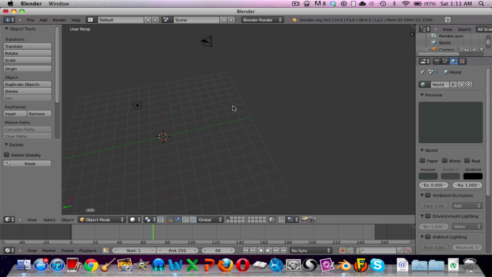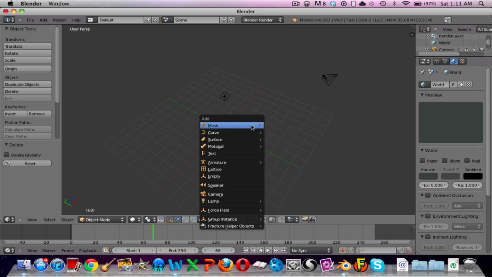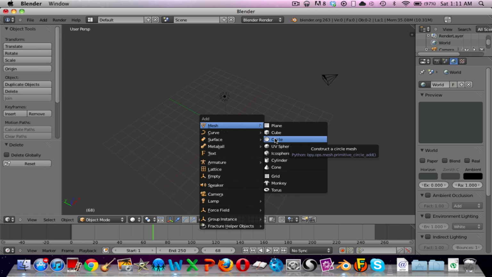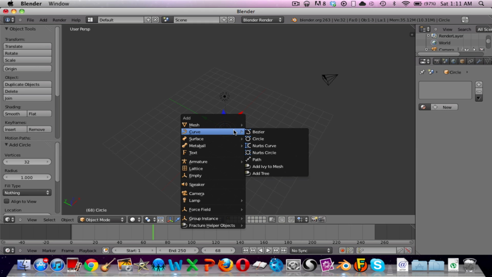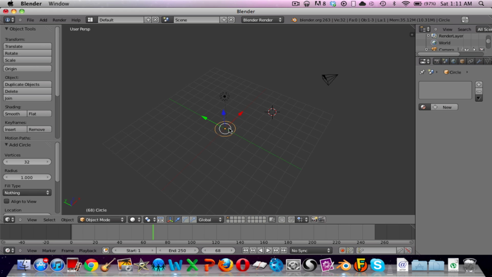Okay, now there's a real simple way to model a wine glass. All you need to do is press Shift A, make sure your cursor is in the center, and press circle in the mesh tab. In the mesh tab, not in the curve tab. The curve tab is not an actual mesh. That's a 2D image that you can apply to meshes. Okay, hold on. Mesh is okay. Now, what we're gonna do with this is, hold on. First, snap cursor to selected,